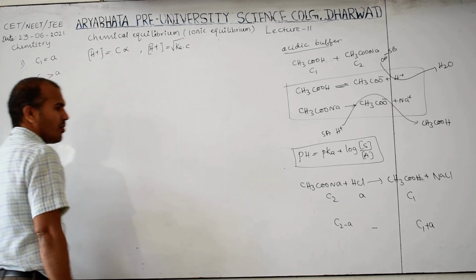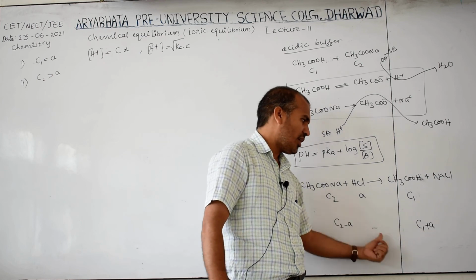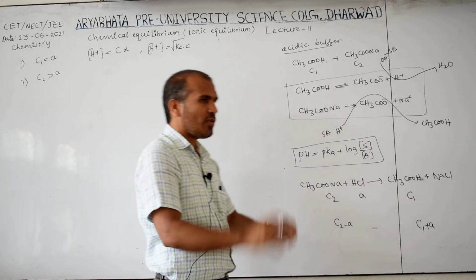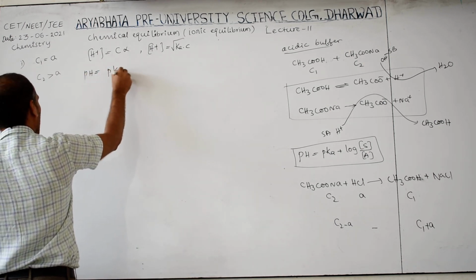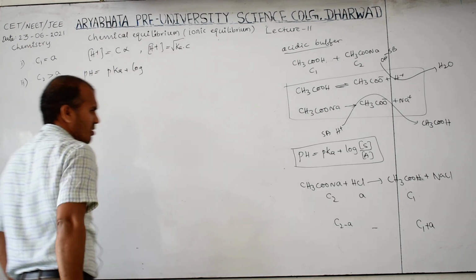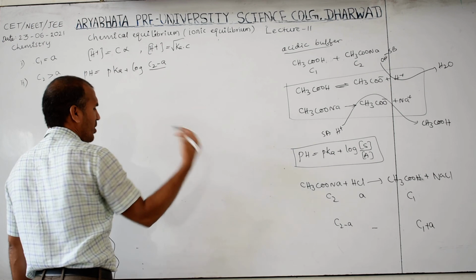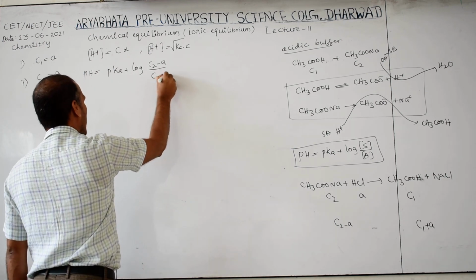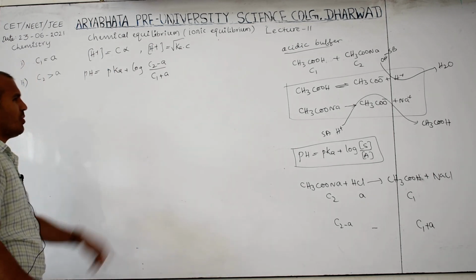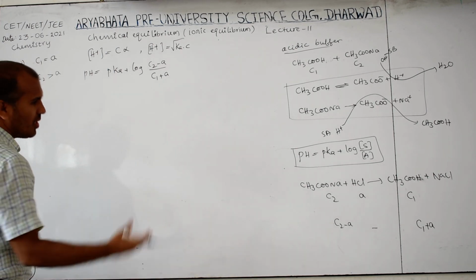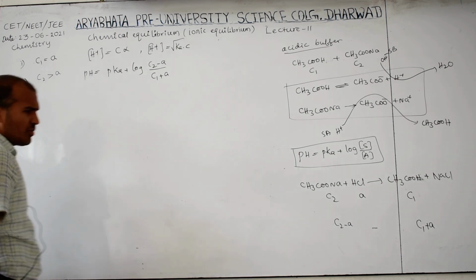According to this, now weak salt is there and weak acid is there. The other is not there, it is completed. Weak acid is there, salt is there, what is that? Buffer solution. Buffer solution formula, we know that pH is equal to pKa plus log of salt concentration. Salt concentration is C2 minus A. Denominator is acid concentration, what is that? C1 plus A. Like these, formulas are directly asked in the examination, you have to remember. I hope it seems difficult to you, but if you know the concept, you can easily answer. This is the third one.